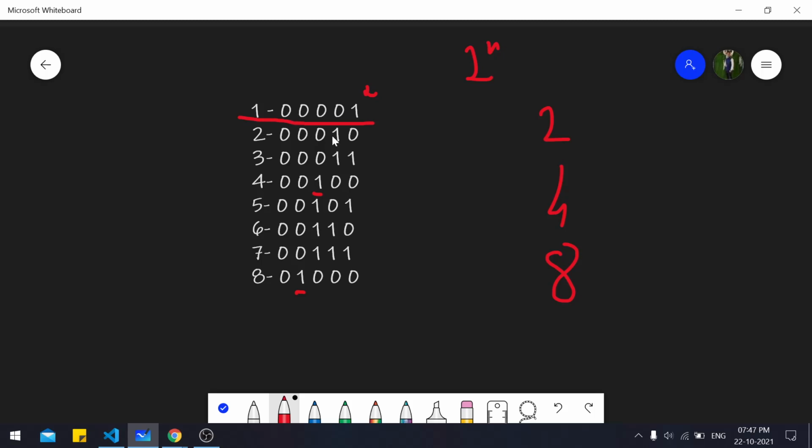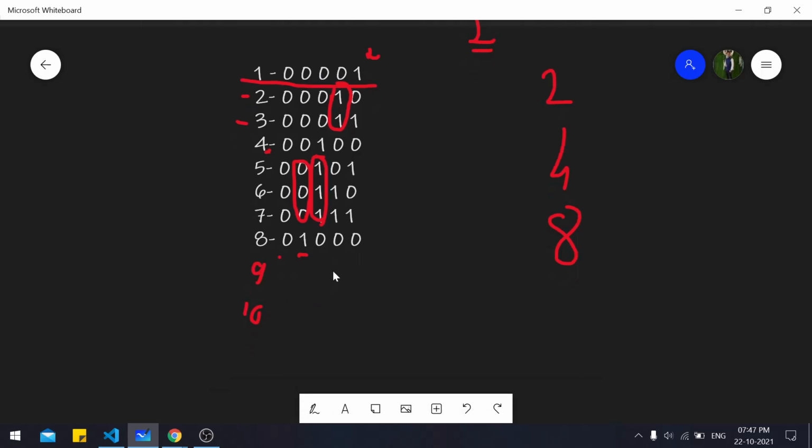So all the rest bits are 0 and they will only become set when we actually come to 2 to the power n. So it is clear that before all these powers, like before 8, all the bits here are actually 0 and all the bits before it are set. See, in every number between 4 and 8, the bit before the most significant bit of 8 is always set, right? Similarly, you can make an observation for here as well, that before 4, that is the numbers 2 and 3, the bit before the most significant bit is always set. You can always see this for bigger examples like 9, 10, and you can write up to 16.